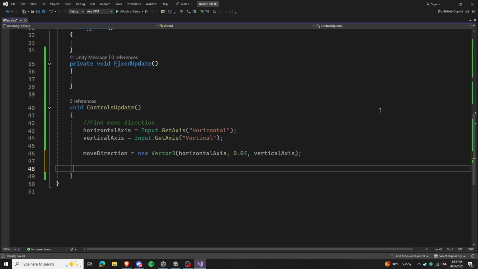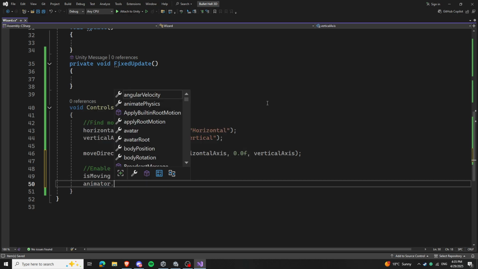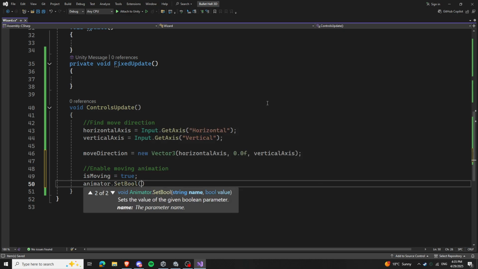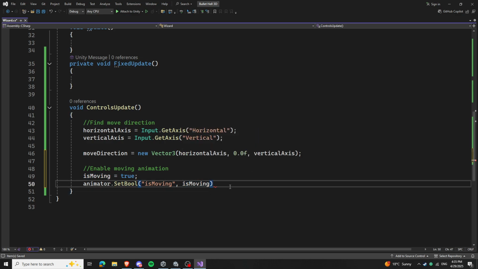Actually, that's in here, we can just enable the animation. The physics you have to do in fixed update. So let's enable the moving animation. So it's moving becomes true, and then animator set it's moving becomes the bool from our script. So now we enabled the animation,